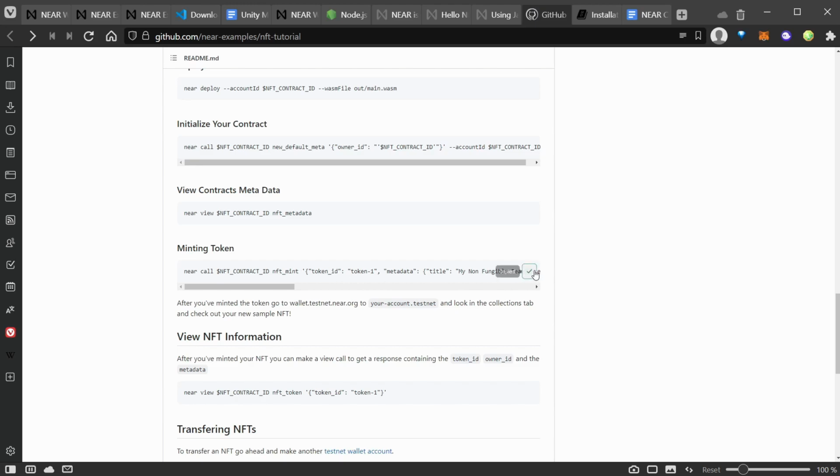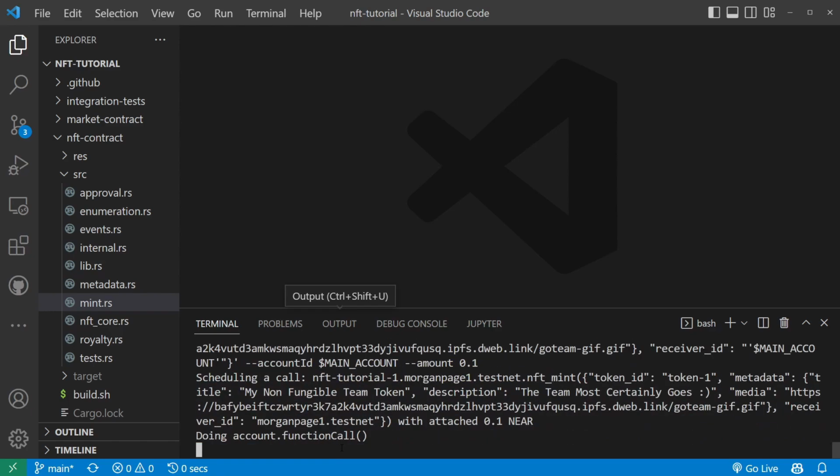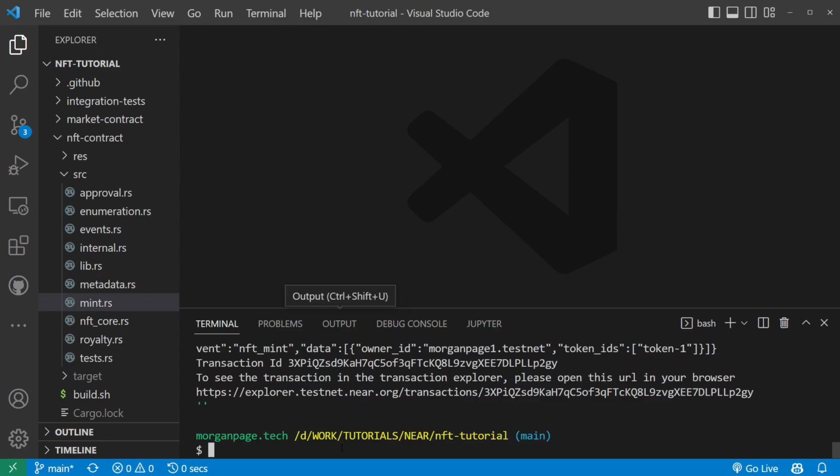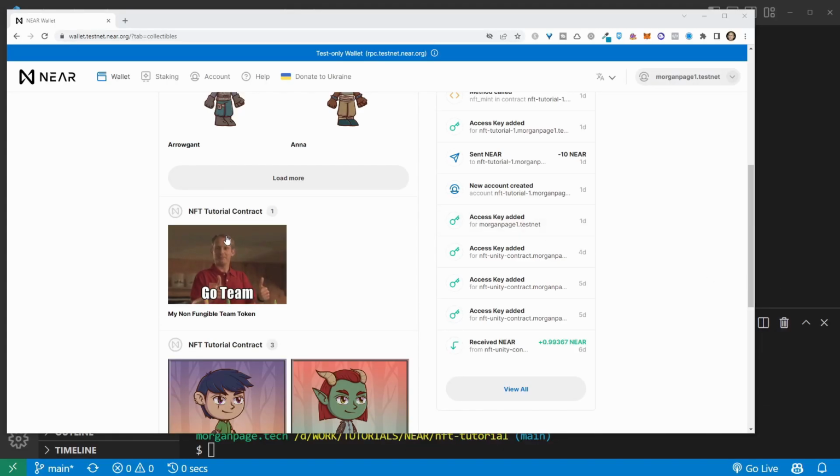So if you want to do that, you can copy this line, paste that in there, and now that should actually be visible in our wallet. And as you can see, that NFT is now in our wallet, and we can double check that that is the right